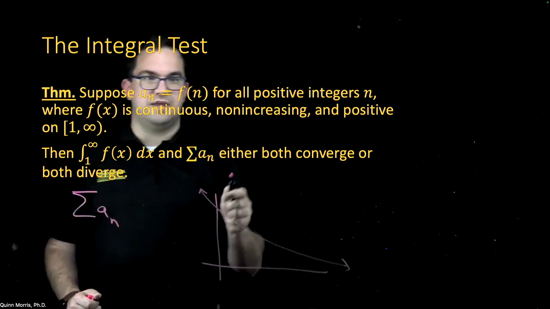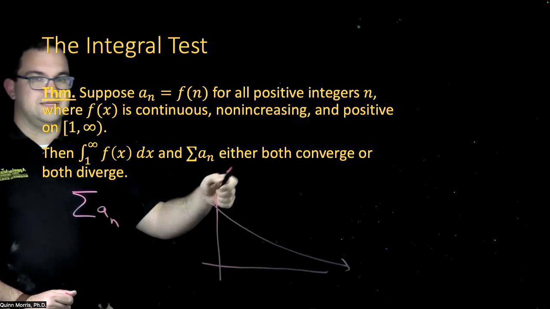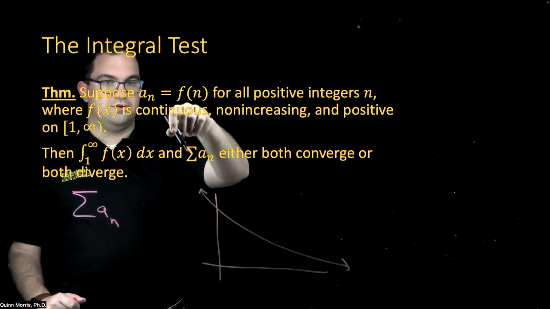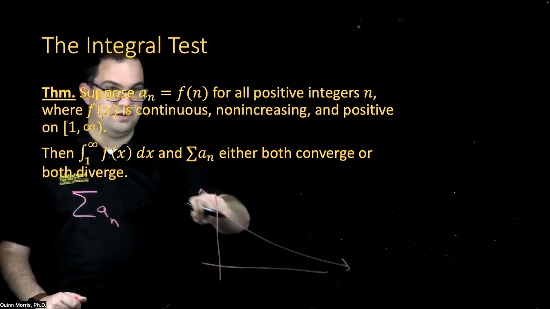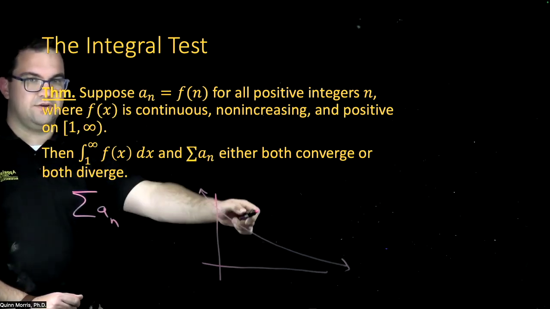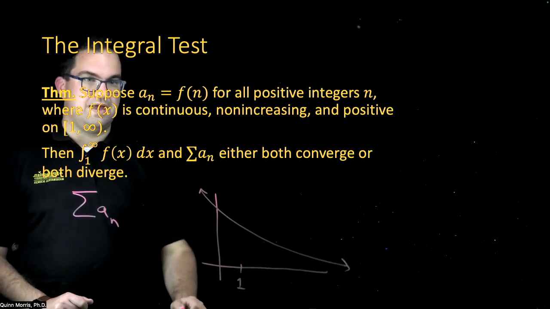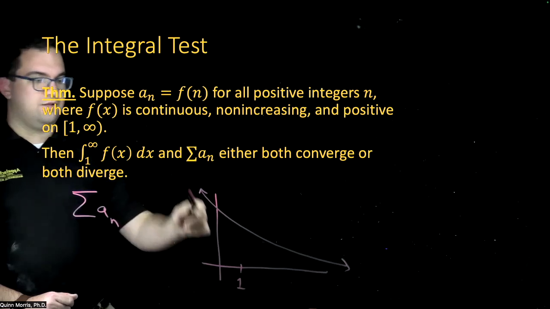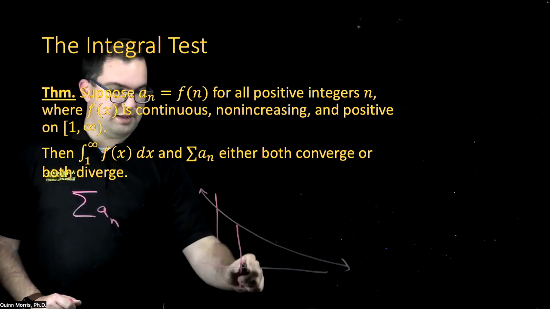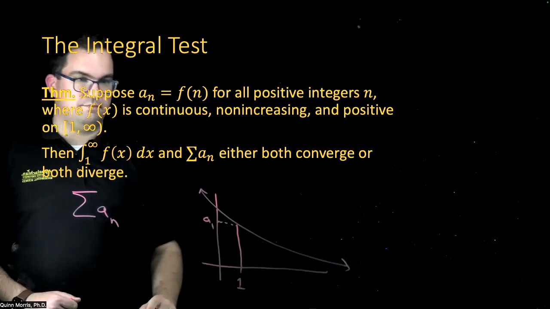Now, you create this function f of x, and this function f of x should be continuous, non-increasing. So it doesn't have to necessarily be going straight down, but it can't be going up. It could be flat. But in this case, I've just drawn it as decreasing. It's continuous, decreasing, and it's positive on 1 to infinity. Now, what I know is that when I plug in 1 here, my height is a_1, the first term